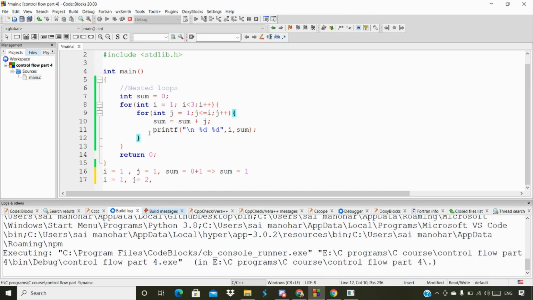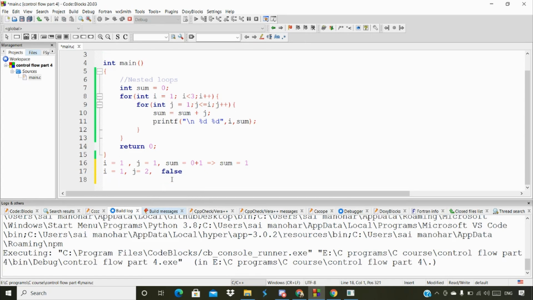So it's going to terminate this loop, and then it moves back to this particular line of the code, and again it's going to increment. Now it's going to be false here, so this particular line, I is equal to 1 and j is equal to 2, is not going to run. So now it goes back to this particular line of the code. Again, it's going to increment I plus plus. So now I is equal to 2 here, and then it will come inside this for loop.